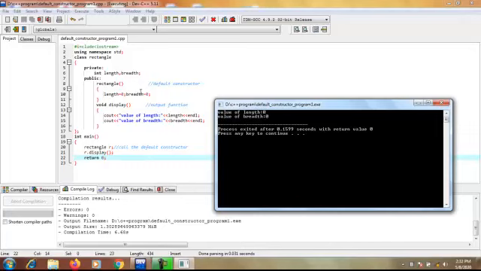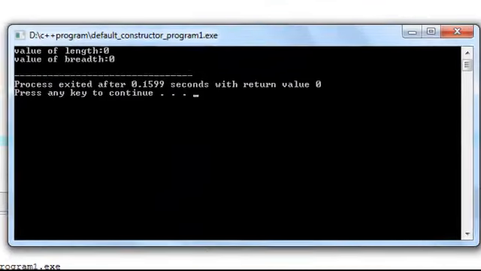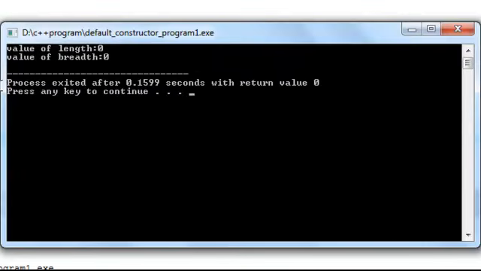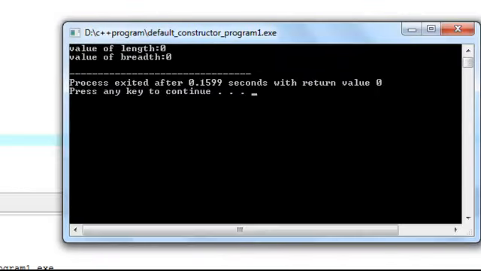So with the help of the constructor, the values of length and breadth are declared. And in this program I declared that the value of length and breadth is 0. So there are two ways of writing the program with the default constructor. Okay, thank you.